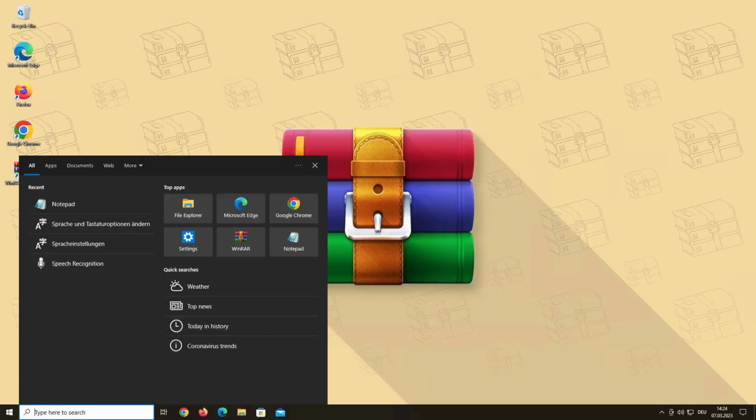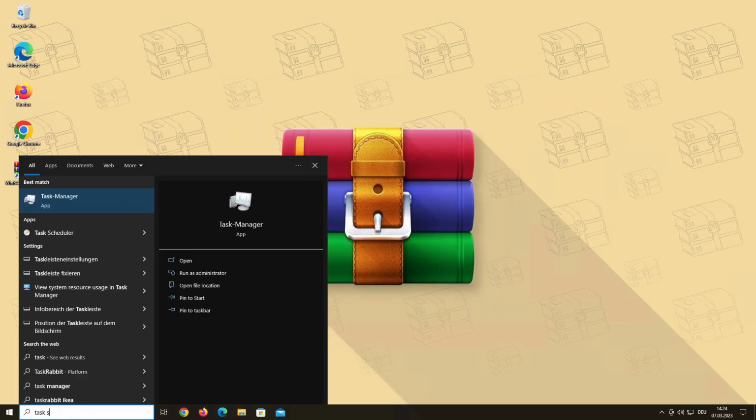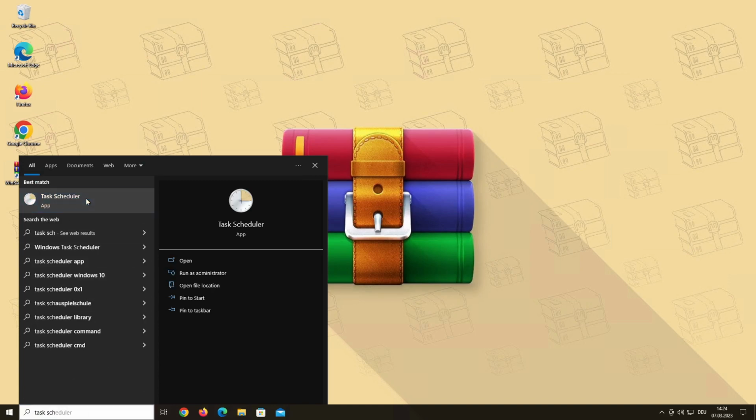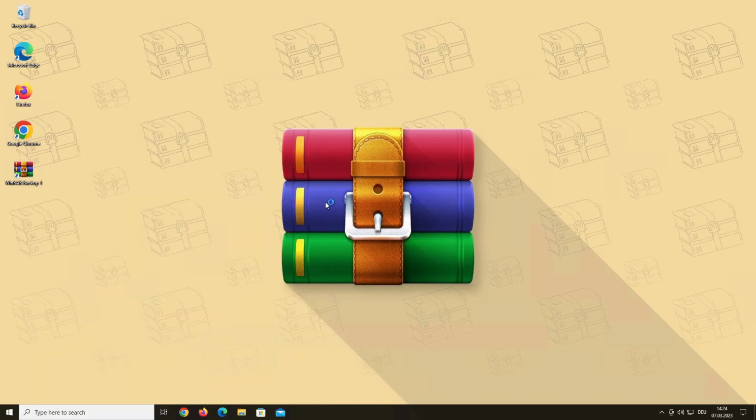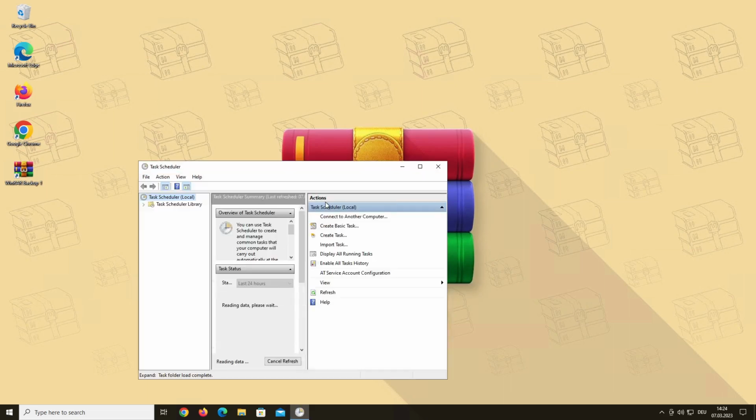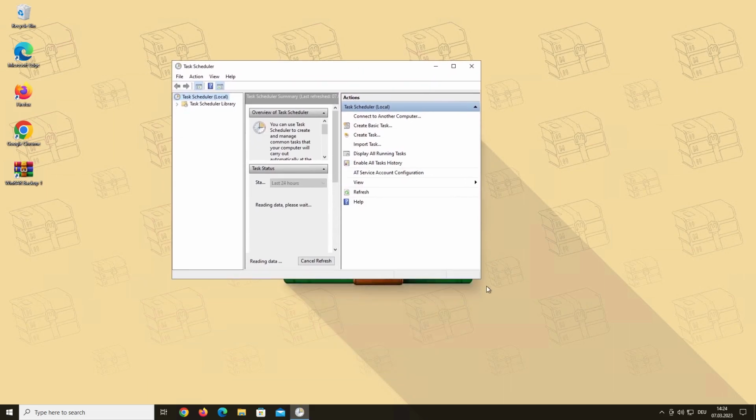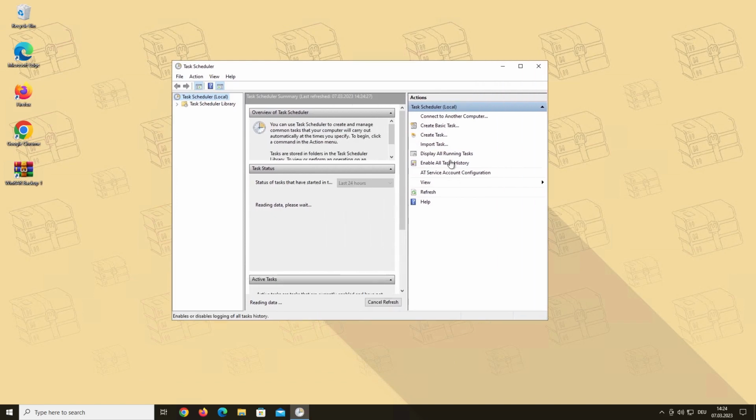Now onto the task scheduler. This is used to tell Windows to do a specific task at a specific time. In our case, we want it to run our WinRAR backup profile once a day. For example, if you want to back up your important data every day after work. Open it and click on Create Basic Task.